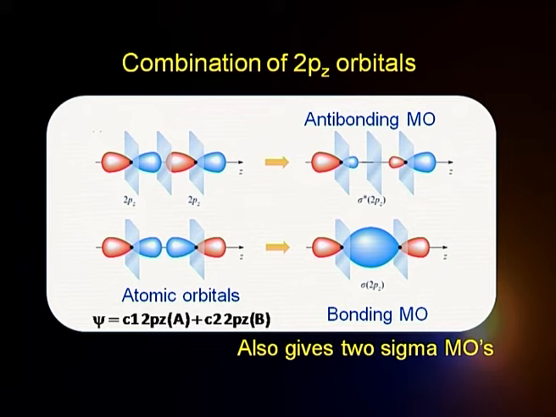So, that is the kind of molecular orbitals I am getting when I combine the atomic orbitals of atom A and B, and we are taking a case when there is no mixing of s and p orbitals, because the energies of the s and p are far apart from each other. Now, if I extend this further, let us say I take 2px orbitals or 2py orbitals of the 2 atoms A and B.